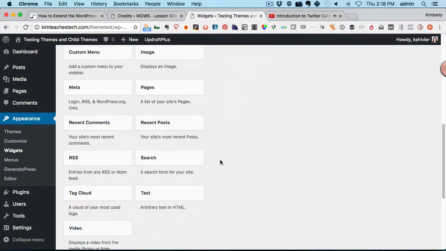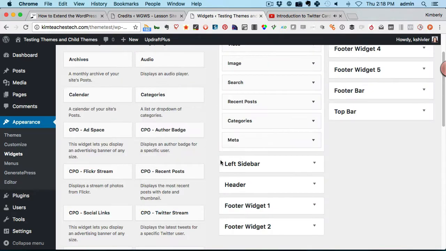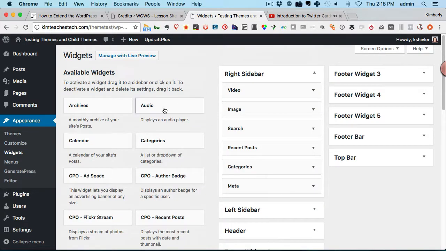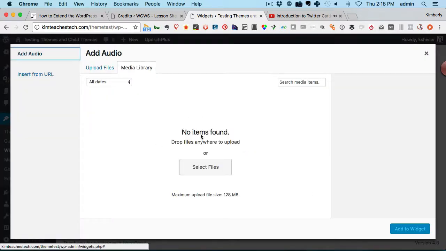And then the other big one is audio. Here we go. The audio one acts just like the video. You click on it, you add audio, you can either upload a file or insert it from a URL. Again, if it's a very small file, you can probably put it on your web host. But if it's a large file, like for example, you're